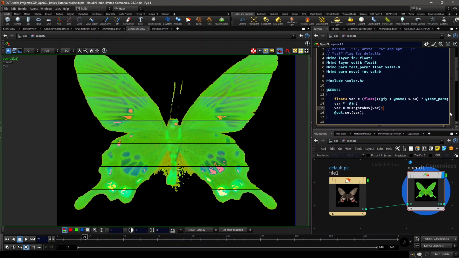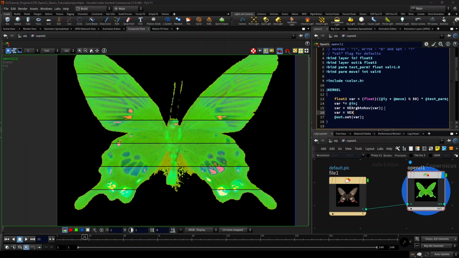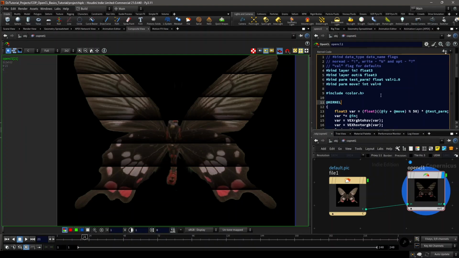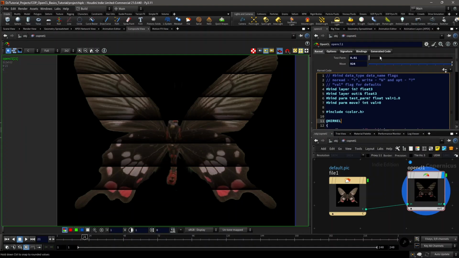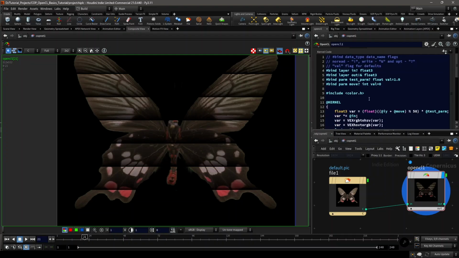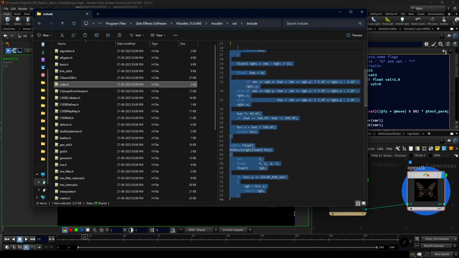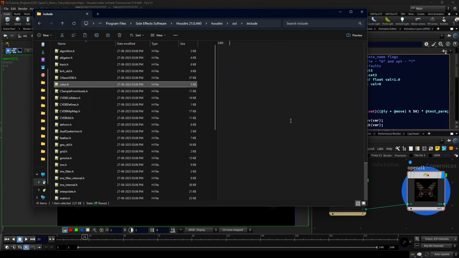And to convert that back to our RGB, we can again use the HSV to RGB function, which it provides: vex HSV to RGB. Then again we use the var as an input, and that converts it back to an RGB. So what actually happens in the pre-processing stage is that it first gets expanded to our generated code, and then this include part gets replaced by whatever this file contains. So this entire thing gets, you can say, copy pasted over here,